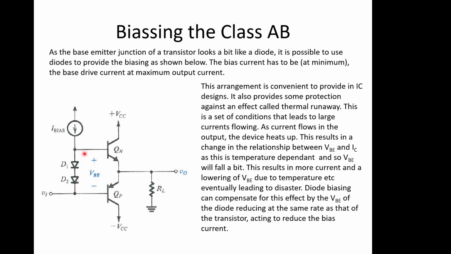So we will get twice a diode drop across this, and we want twice the diode drop across here. So it's actually quite a straightforward thing to do, and then we can bias it with a current source that allows us to apply some bias current in here to get this thing up and running. And this is quite a good way of implementing it into IC design, because we can make a diode in an IC just by taking a transistor and connecting the third leg back to itself. So we can have a diode connected transistor integrated into this thing, and that's obviously very good because they'll have